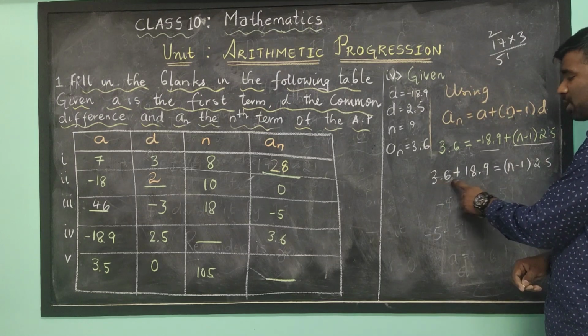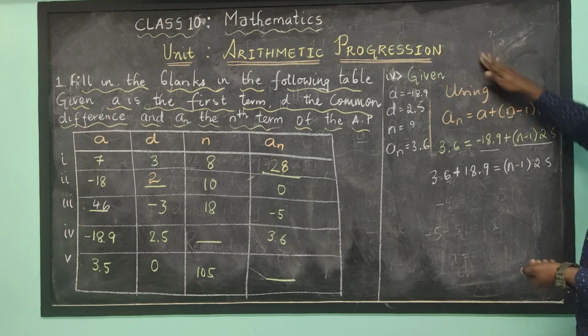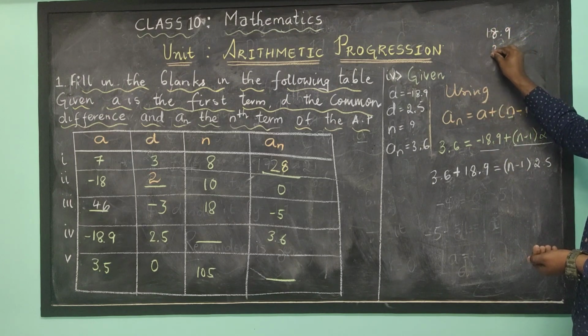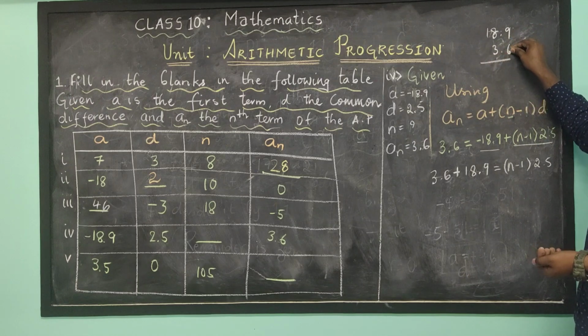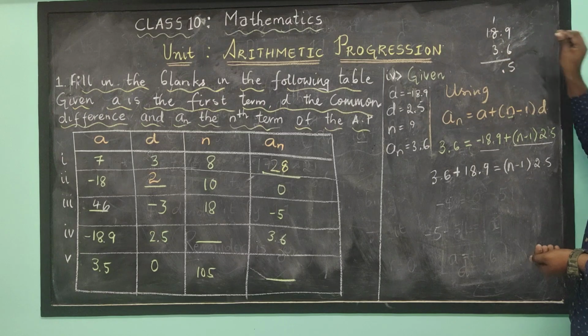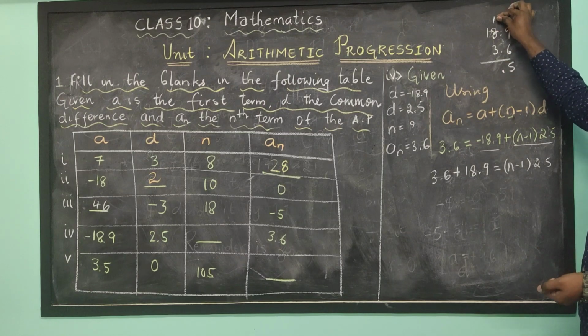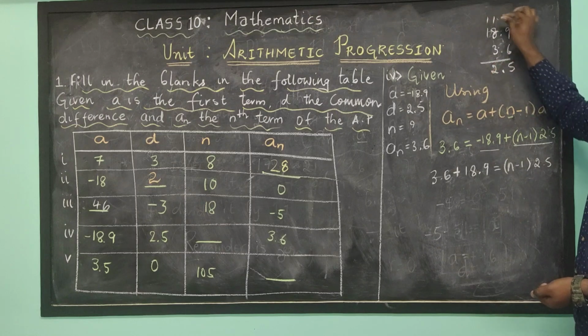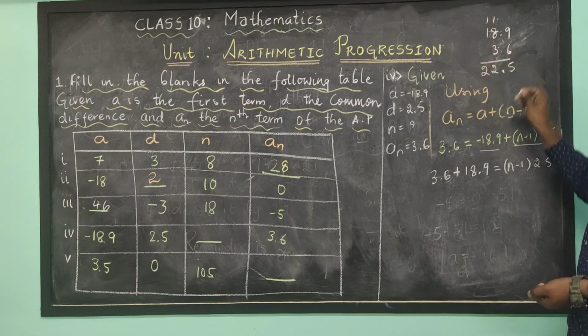Now add 3.6 plus 18.9. What you get? Let me check. 18.9 plus 3.6. You get 9 plus 6 is 15. 5 here, 1 carry. Put the point here. 8 plus 1 is 9. 9 plus 3 is 12. 2, 1 carry. 1 plus 1 is 2. What you get is